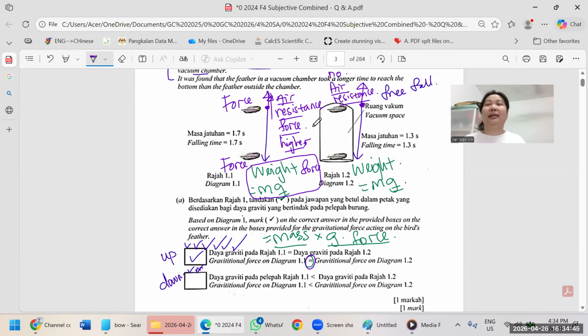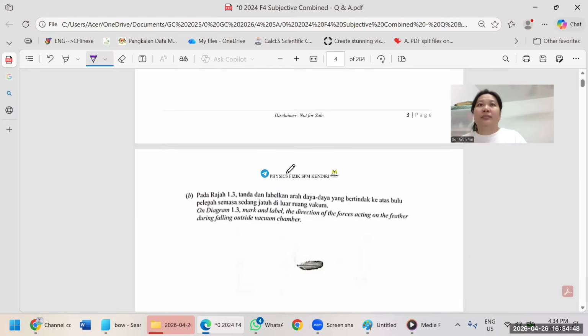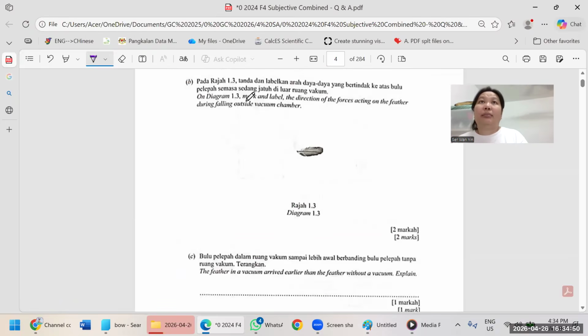Get the idea? All right, so now mark and label the direction of forces. See, forces, because according to Newton's third law, you all learned in Form 2, but I believe you all forgot already. Okay, forces. The force always comes in pairs, acting on the feather. Okay, so now outside the vacuum chamber means we got air resistance